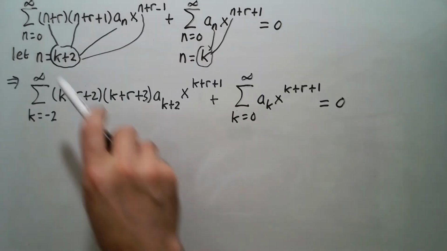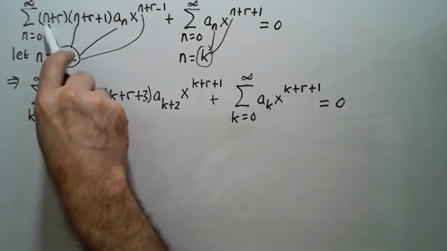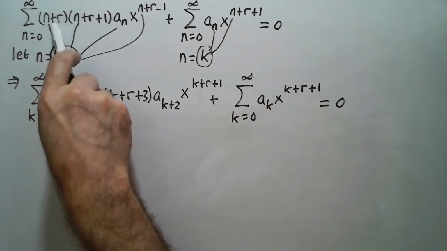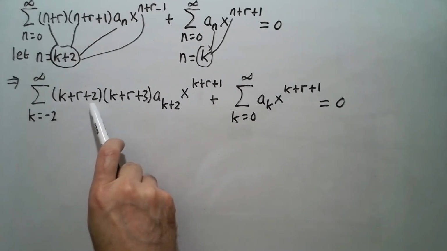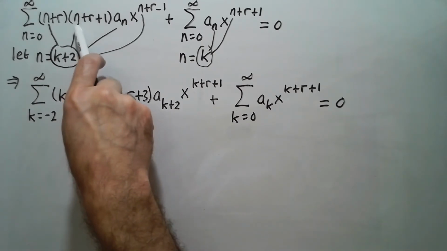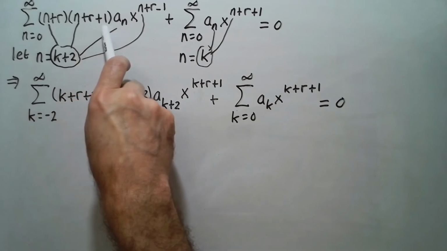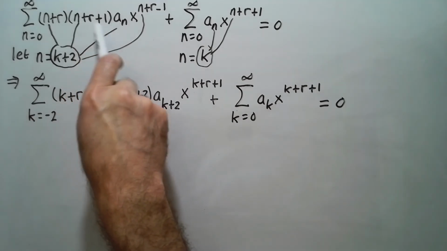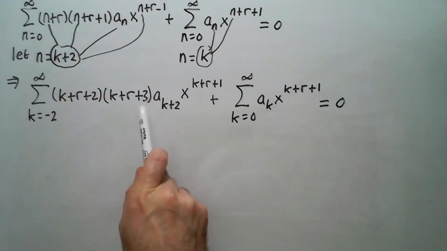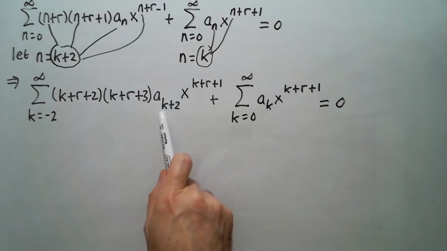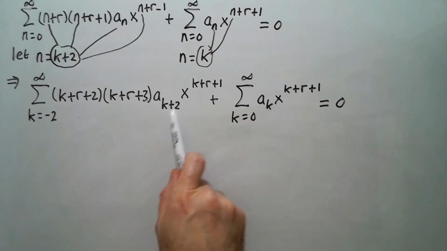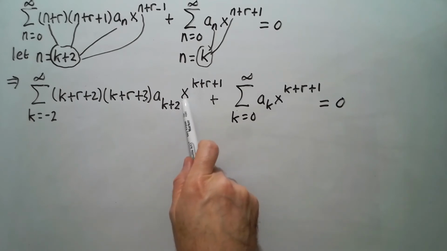Okay, so making a substitution. So I put k plus 2 in place of n here. So it's going to be k plus 2 plus r, so it'll be k plus r plus 2, I wrote it here. Then putting k plus 2 in place of n here, it'll be k plus 2 plus r plus 1, and 2 plus 1 is 3, so it's going to be k plus r plus 3 for this guy. Then putting it here, it'll be a of k plus 2, and then it'll be x to the k plus